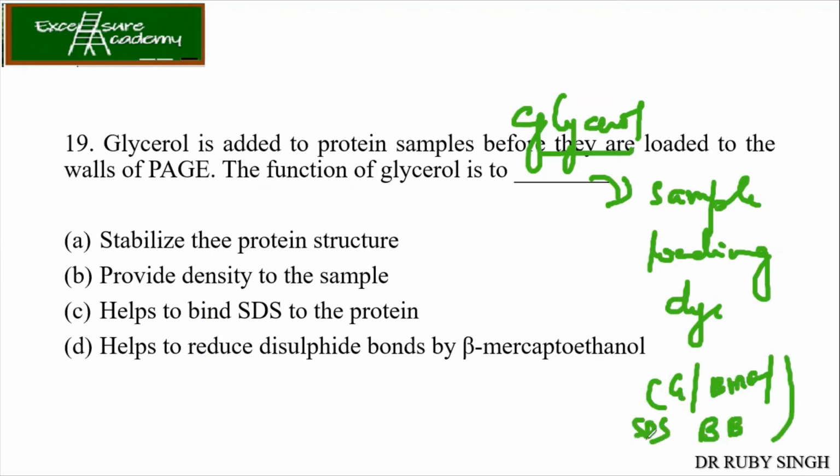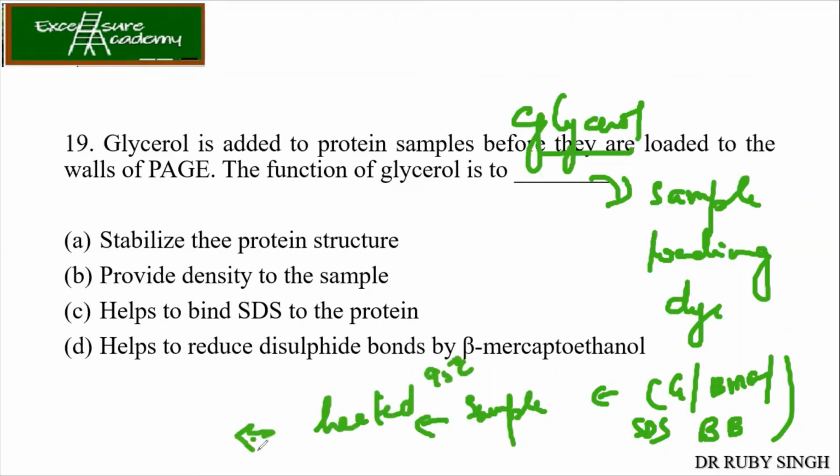SDS is also present to denature the protein sample. Once the sample loading dye is added to your protein sample, it is heated at around 95 degrees Celsius, then it is loaded. Now coming to the nature of all the components present, BME is present so that if any disulfide bond is present in the protein, it will break that. Then bromophenol blue is present so that you can track your electrophoresis and understand when to stop the unit. SDS is present because it provides the negative charge to the proteins and also helps in denaturation.